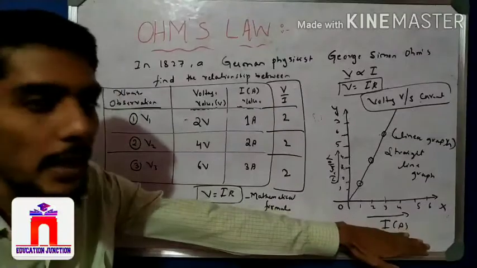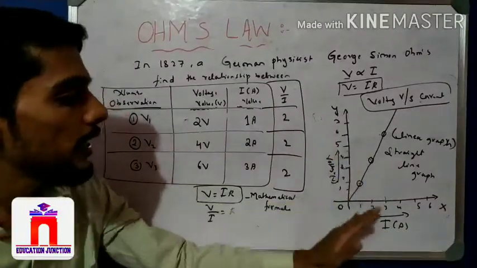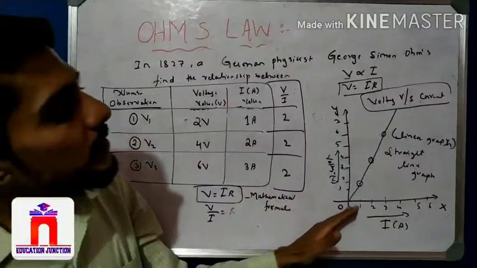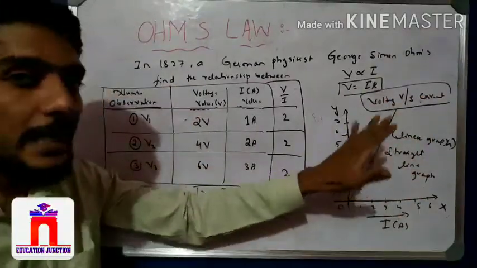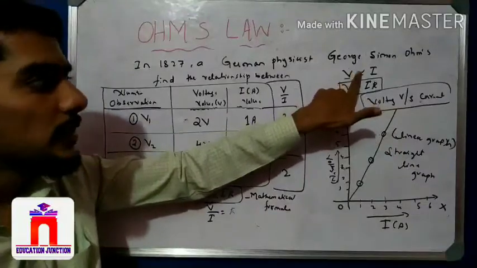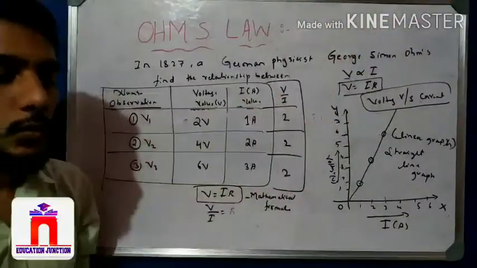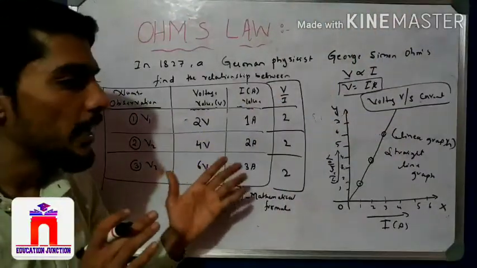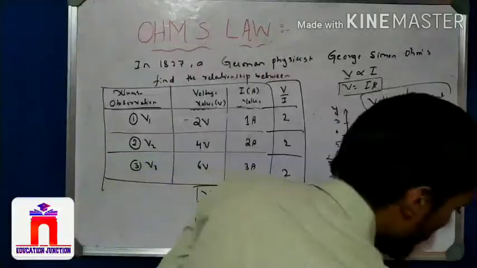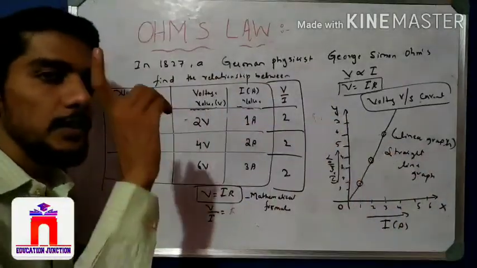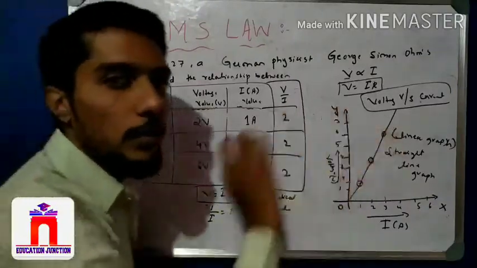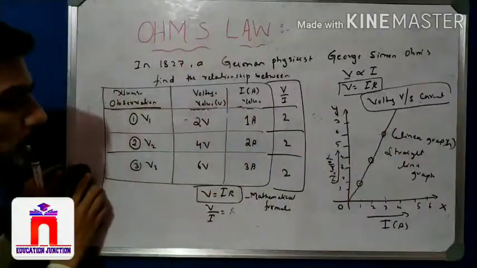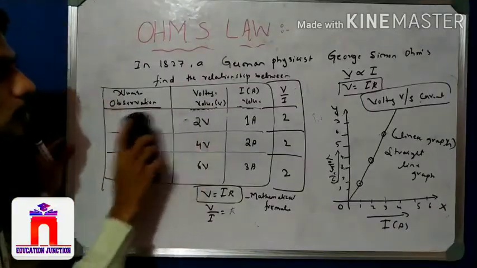Now, x-axis ampere and y-axis voltage. When we plotted the graph, we observed the exact straight line, and the linear graph of Ohm's law indicates that whenever voltage increases, current also increases, students. This is one type of idea to be elaborated. Sometimes they ask about the graph: write the circuit diagram for Ohm's law. We already know, and a table, and a graph of Ohm's law, students. I can remove this one. Please pause the video and note down this one.